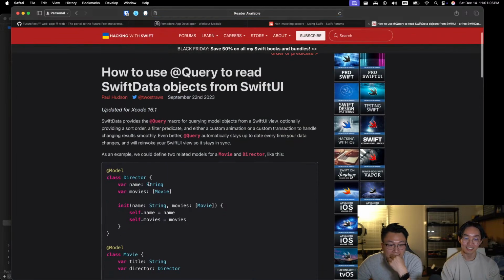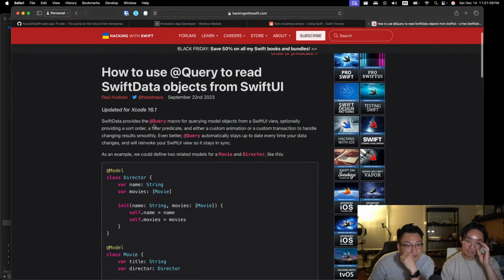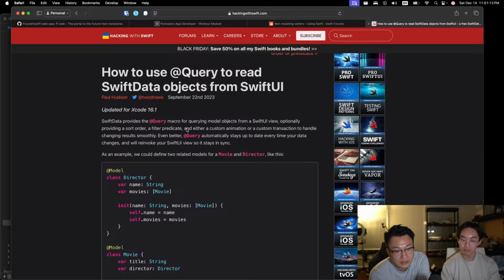Okay, SwiftData provides a Query macro for querying models, with options for providing a sort order and filter. You can provide sort and filter predicates. Maybe a custom animation to handle changes. Even better, Query automatically stays up to date every time your data changes, and will re-invoke your SwiftUI view so it stays in sync. Oh damn, that's a lot of things. Oh wow,